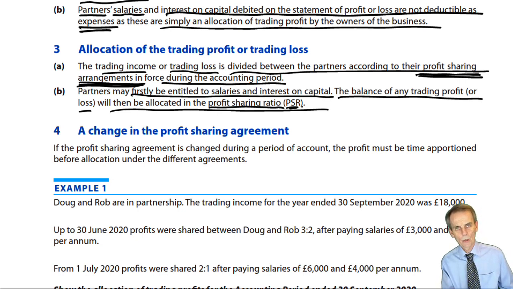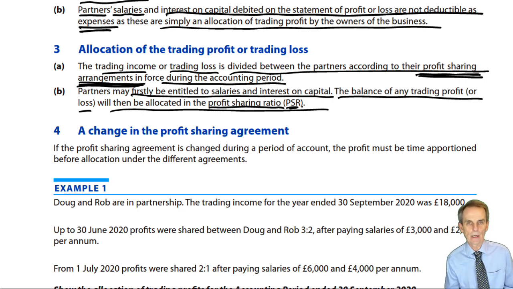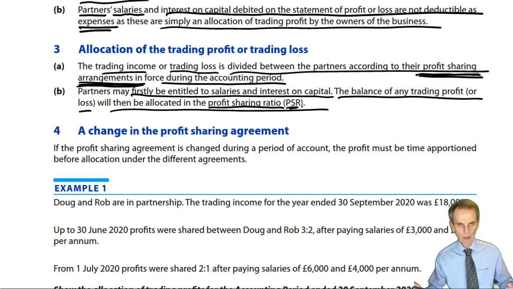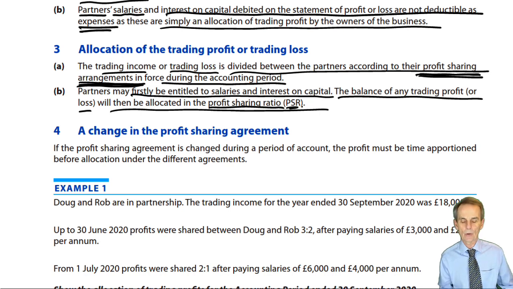Now, all of this work needs to be done before ever you start thinking in terms of what assessment for any tax year will then arise in relation to any partner. We forget about tax years to begin with. We look at the accounting period and we split that tax-adjusted trading profit according to the profit sharing agreement in